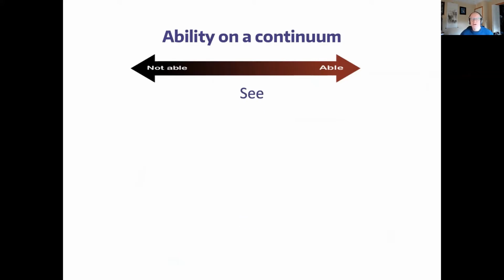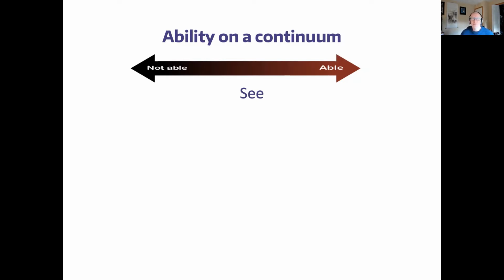So often we're talking about vision, but that's just one variable. Some people have 20/20 vision, so they're on the far right end of the spectrum, and some people are not able to see at all. They're on the far left end of the spectrum, but most people fall somewhere in between, and it's a really broad distribution of abilities. Some of us have eyeglasses, like myself, which is an assistive technology that moves a person a little bit further to the right, whereas otherwise they'd be a little bit further to the left.